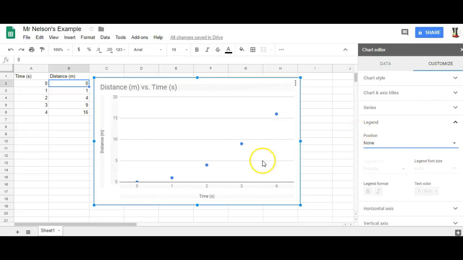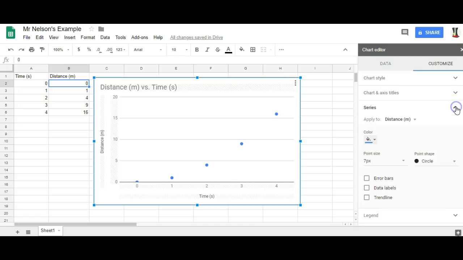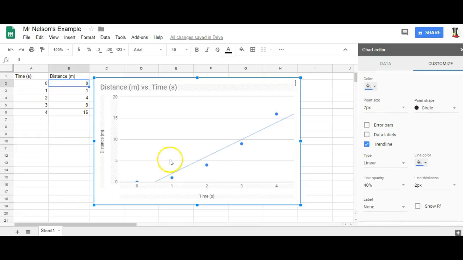Okay. And then finally, Mr. Nelson drew a line between all of these points. That is under the series option. You can add something called a trend line, which is found right here. The thing is, the kind of trend line that you add dictates how good it is. Now currently you will see that this is a linear trend line, and to be honest, it doesn't fit the